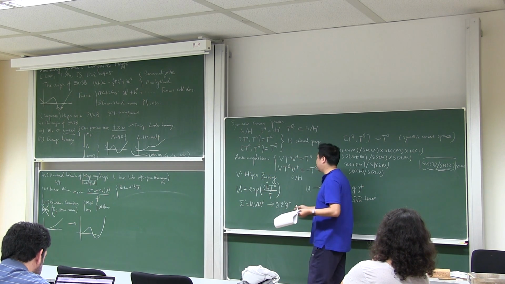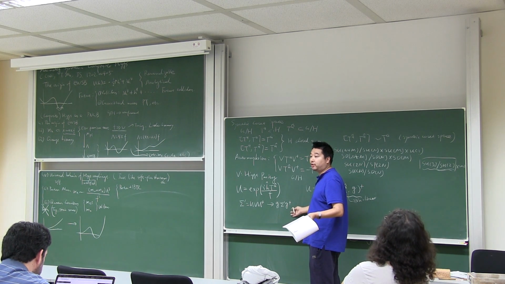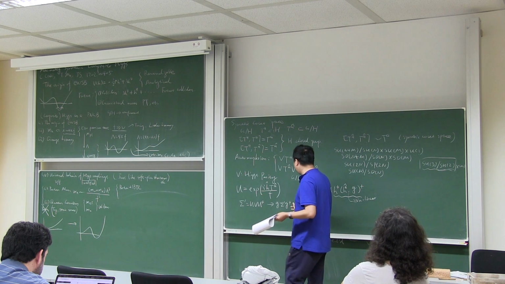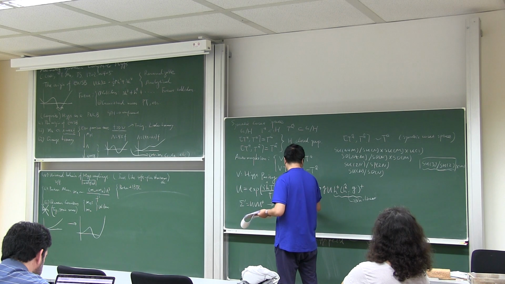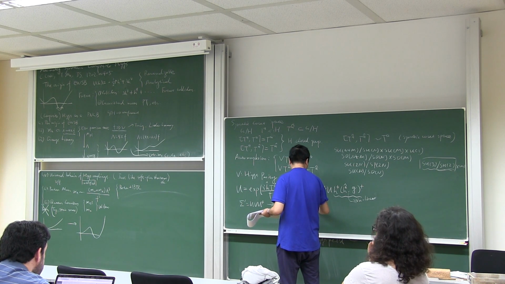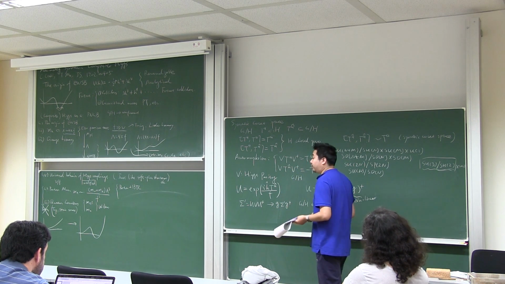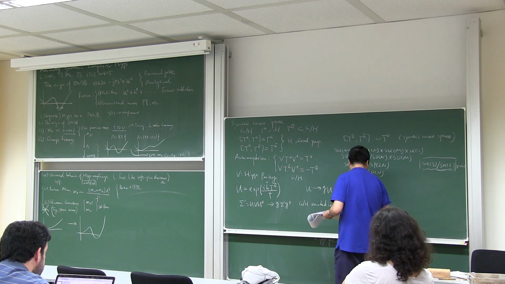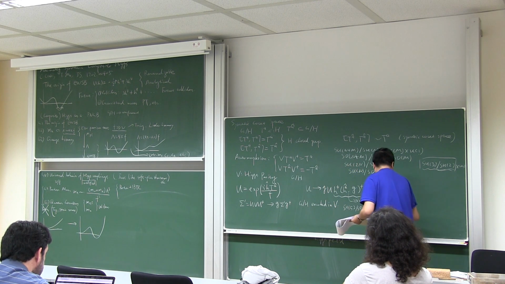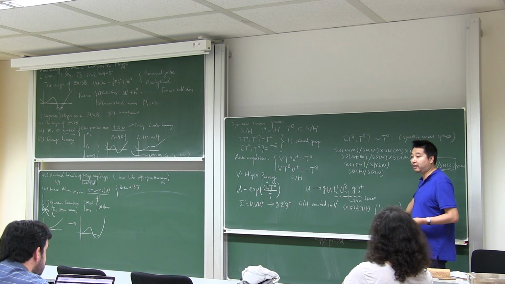And you may feel confused: then I have everything in G, so where is the information that G spontaneously breaks into H? The answer is that this information is encoded in this V. As an example, let's say SO(5)/SO(4), which is one of the most commonly used cosets. This V actually already has all the information that G spontaneously breaks into H.